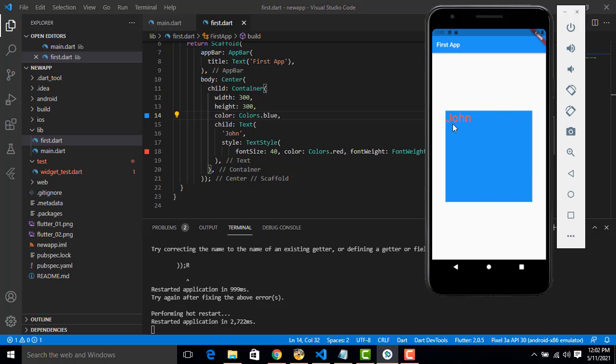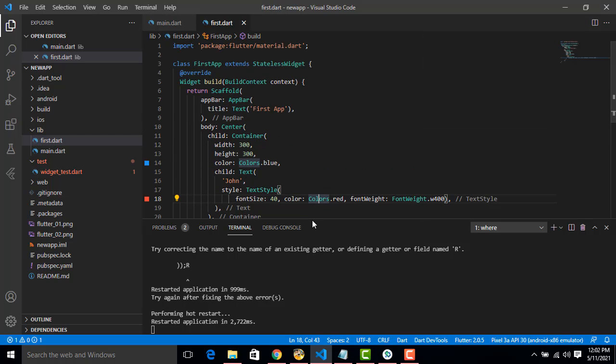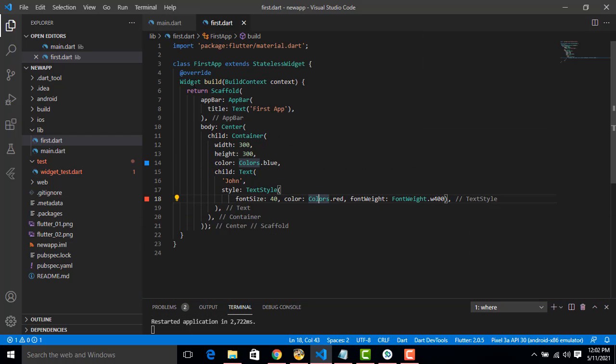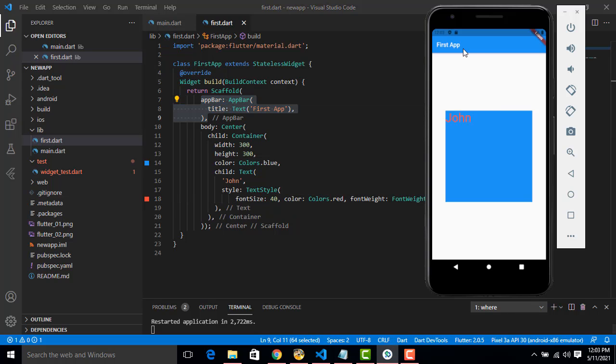The John will be printed inside the container. Okay, what is the meaning of this one? Here, this is a widget. Okay, the app bar, this is the title. The title we have to give first tab. After that, the body. Inside the body, this is the body part of the widget. Okay, Flutter I already taught. In Flutter, each and every stuff, all the things are taken as widgets. Okay, this is the body.